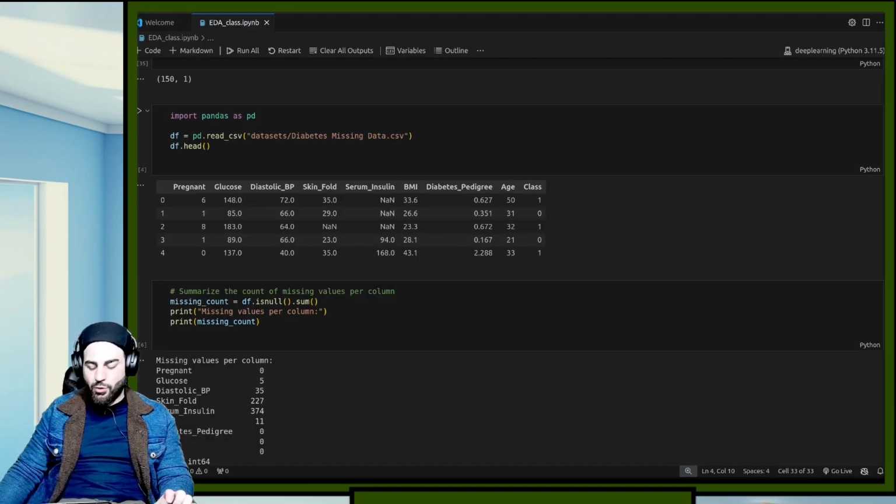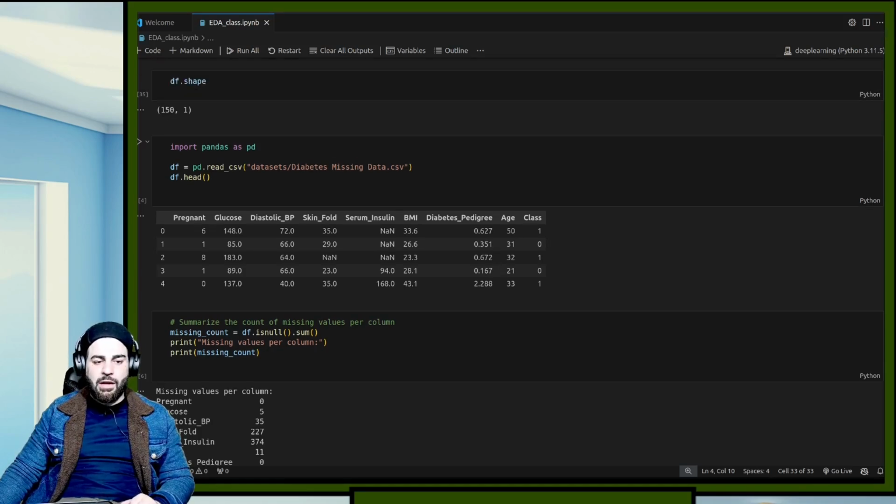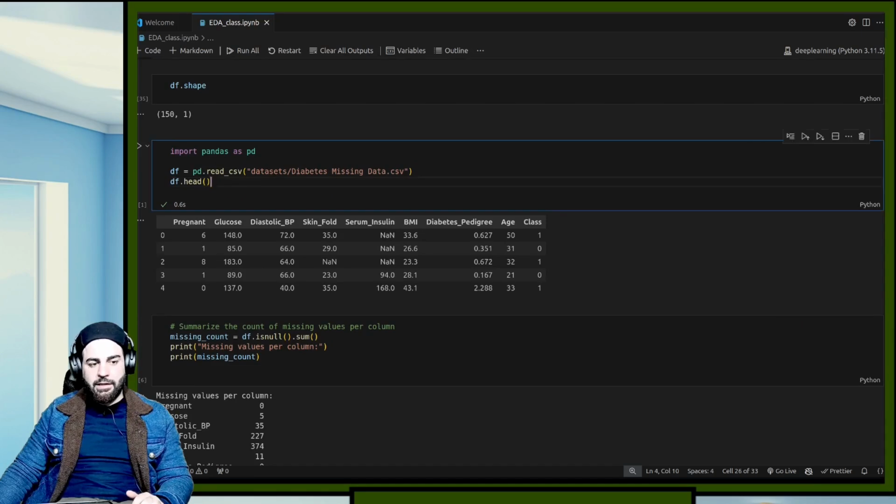So here is the code that I also showed you in yesterday's session. I'll just go through it. This is our data set. I downloaded it from Kaggle, diabetes missing data. Because it was a CSV file, I read it and printed the data frame's head. If you can see, there are pregnant, glucose, diastolic blood pressure, skin fold, serum insulin, BMI, diabetes pedigree, and age,